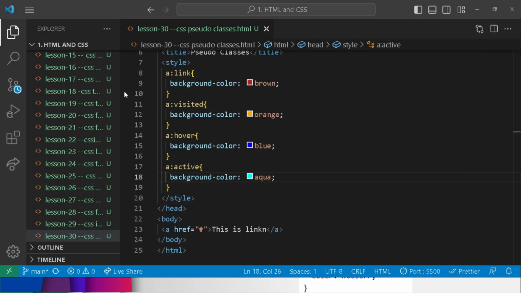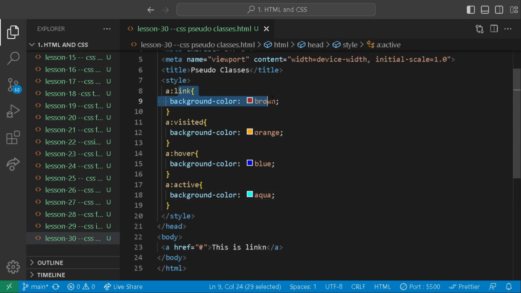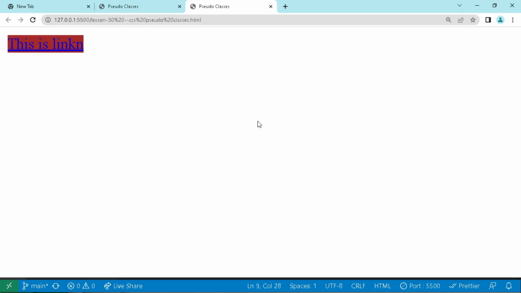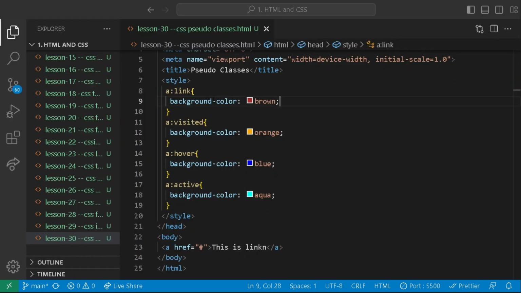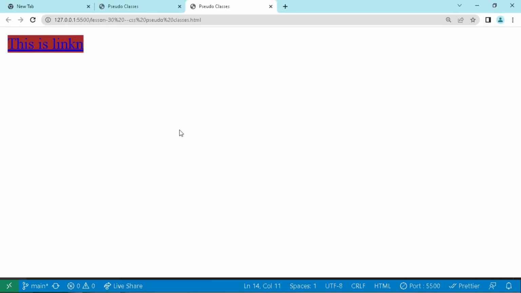So right here, as you can see, the link is having a red background, as right here inside our style you can see the link, or a simple link which is not having any other state, would have a brown background. So right, as you can see, if I hover on it, then the background color just changes to blue, and in hover state we have given it the background color of blue. And if I click it,